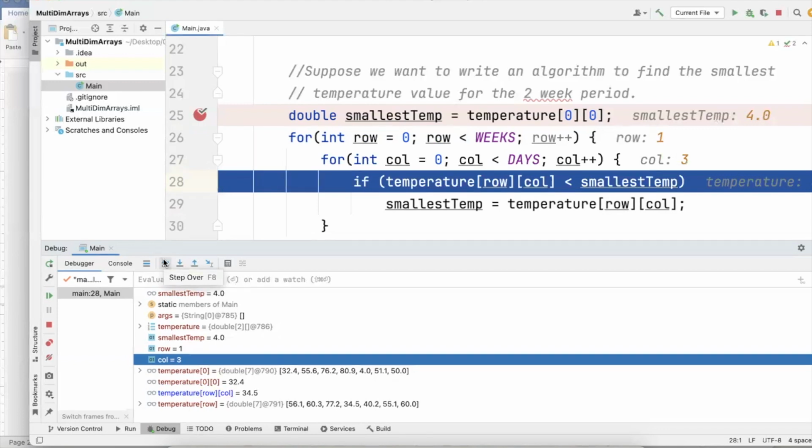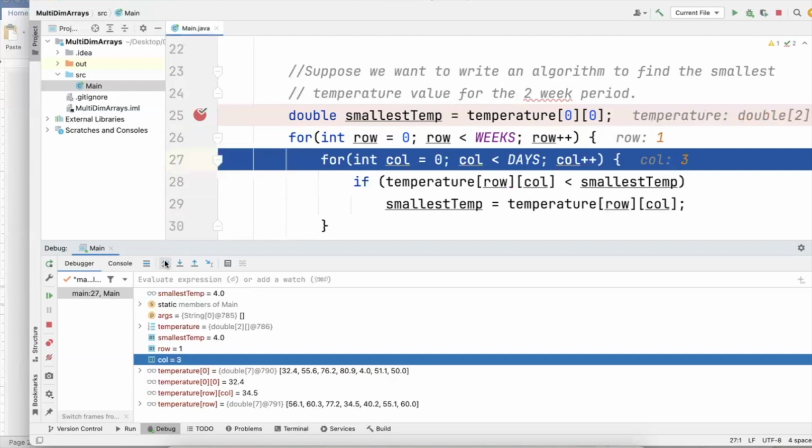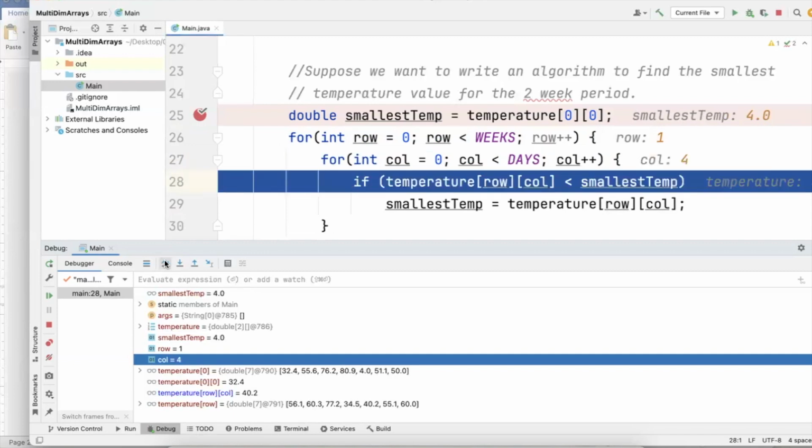3 is still less than 7, so we're going through the body of the loop. We're checking to see if the temperature array at row 1, column 3 is less than the smallest. It's not. So we're going to increase the column to 4. 4 is less than 7. We're checking to see if the value in the temperature array at row 1, column 4 is less than the